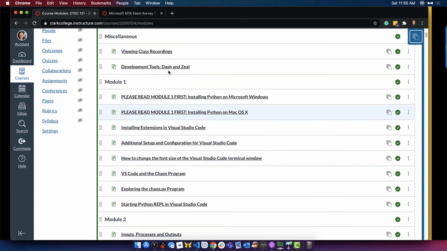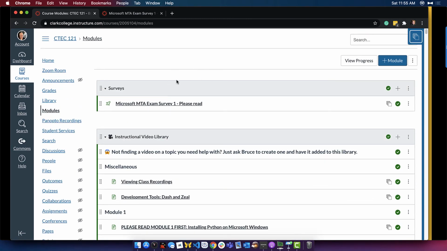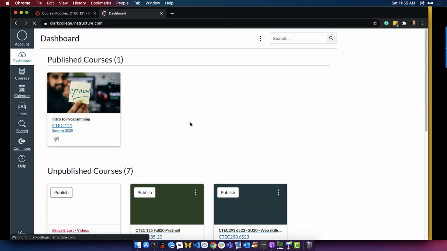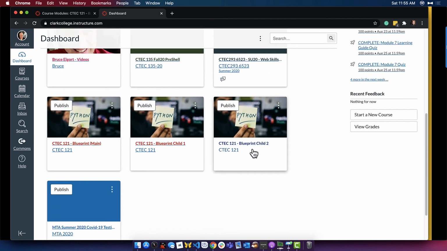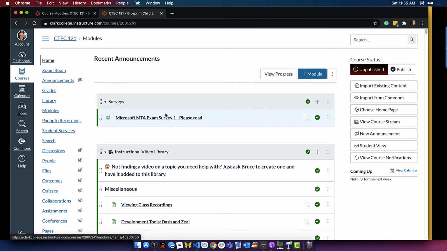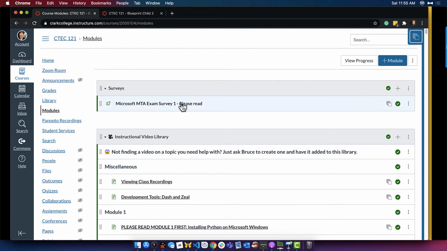Again, think of it as like a template that you use to teach the same course in multiple sections. And if I go to this child shell, you can see it's made here. And if I go to the other child number 2, because when I was experimenting with this, I know I had 2. So I'm going to click on Blueprint Child 2, right? And you can see the change was made there too, okay? So again, I need to treat each shell as its own class, which this allows me to do. And I can push out modifications from my main shell to the other children that are synced to it.